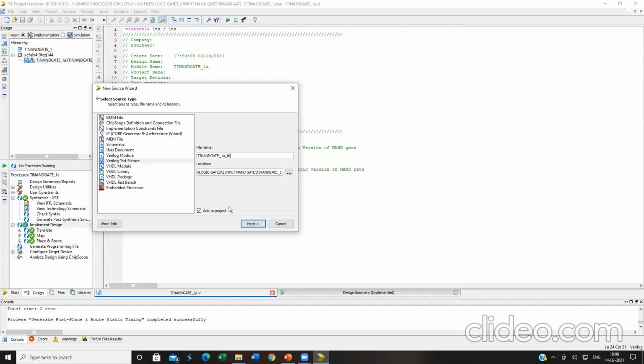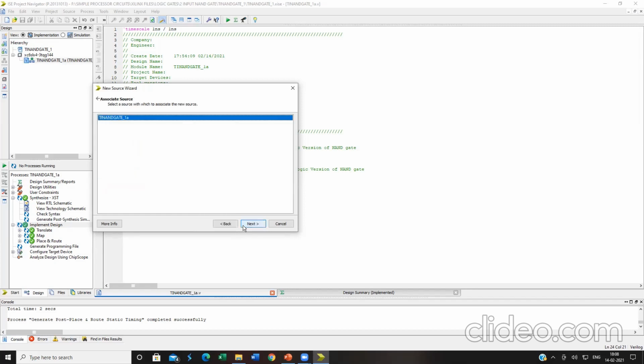The Add to project checkbox must always be enabled for all your Xilinx ISE programs. Kindly click on next. It will ask which RTL file I have to associate this test bench file with. The tinand gate 1A is the only source to which I am going to associate it. Kindly click on next. It will be automatically enabled, you need not select it. Click on next.